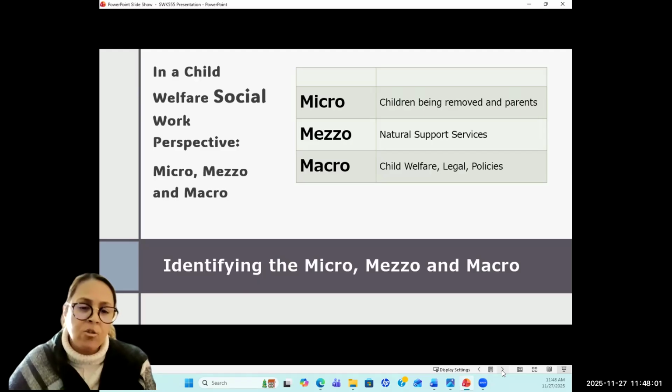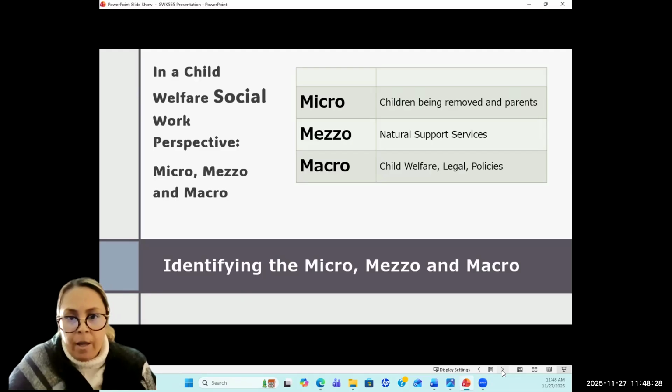The meso is the natural support services that they have outside of their micro level. For example, friends, extended family, church friends, other support groups that they attend. And then the macro is the policy framework that directs the child welfare department.